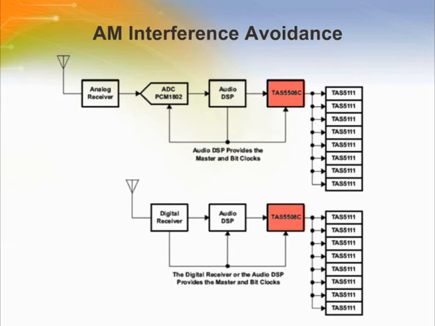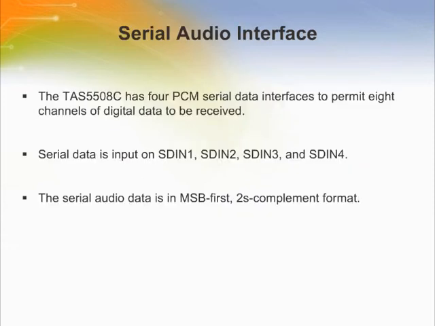The block diagram is a typical system requiring the TAS5508C automatic AM interference avoidance circuitry. The TAS5508C operates as a slave-only, receive-only serial data interface in all modes. The TAS5508C has 4 PCM serial data interfaces to permit 8 channels of digital data to be received through the